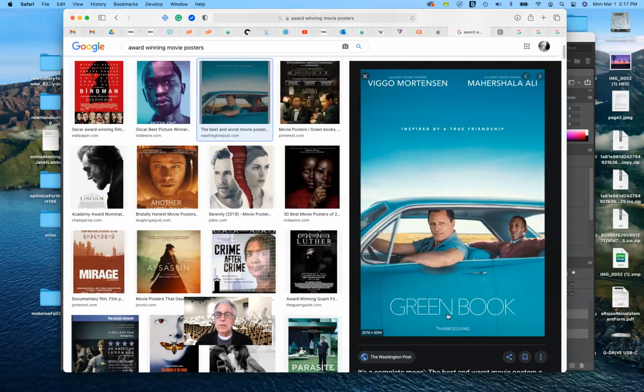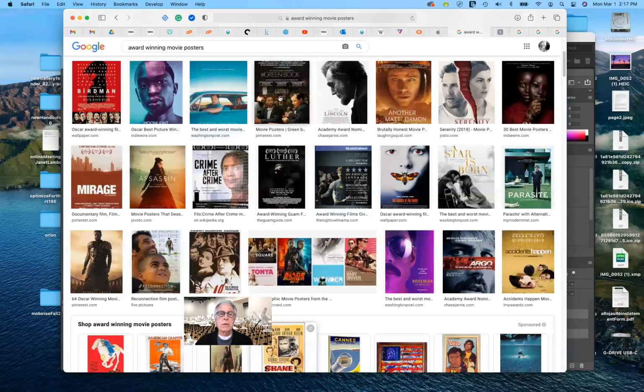But it's really, I think, very powerful. And again, look at the simplicity of the design, that not only does the sky reflect the color of the car, and the car reflect the color of the sky, just very straightforward with the two principal actors in the movie, with them in the car driving about throughout America. Really, really nice. Now, in contrast to that, if I close that, here's another one.